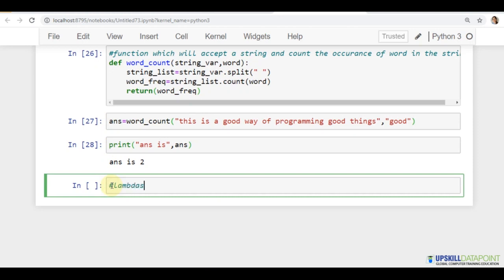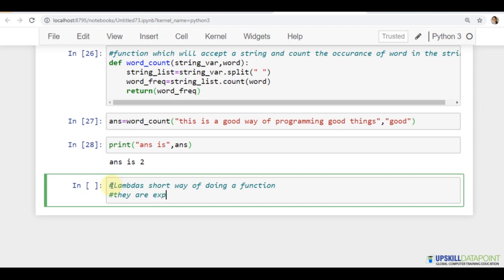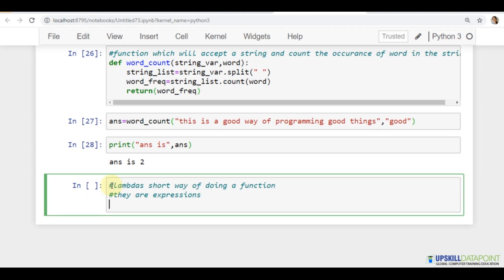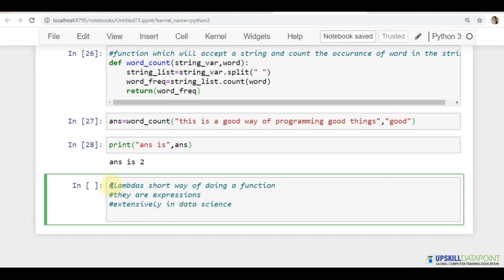Now lambdas are doing a function, but they are called anonymous functions and expressions. They are expressions, they are not statements, but used extensively. Okay, so they do have some limitations. Only a single expression, and we don't need the def keyword when we are making a lambda expression.